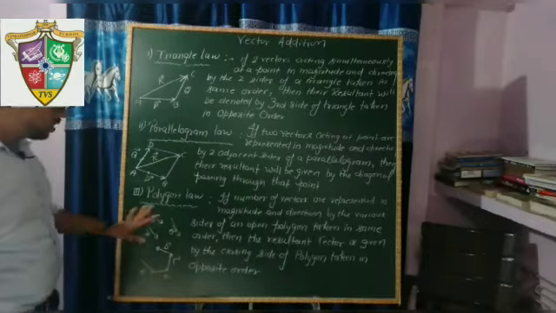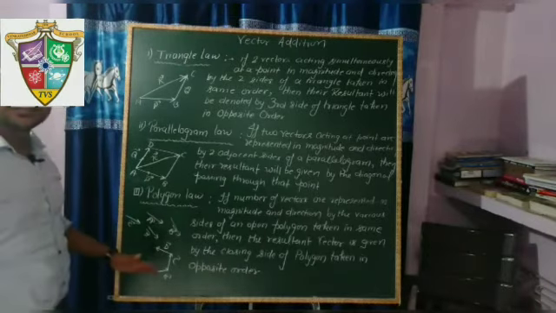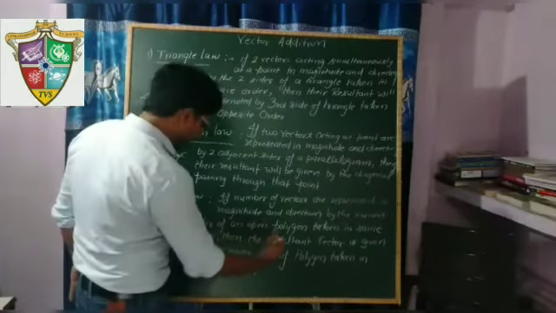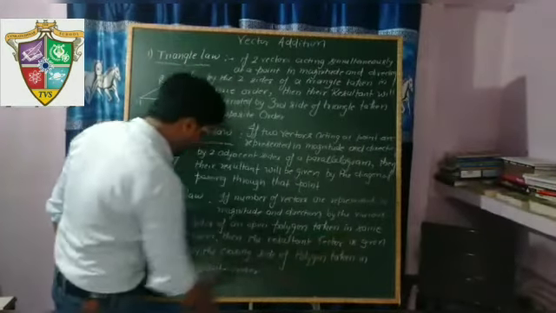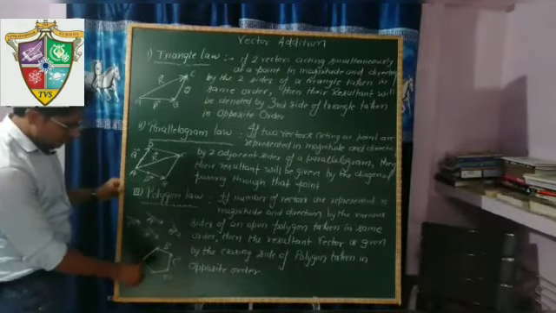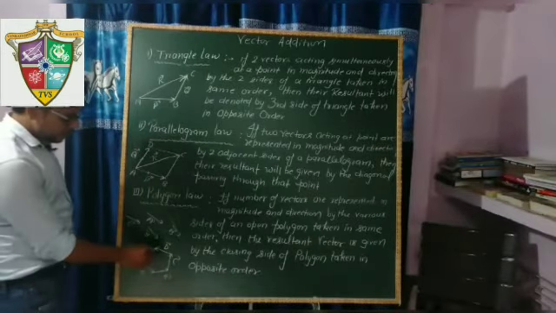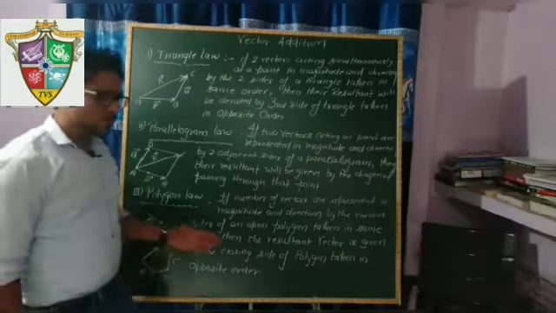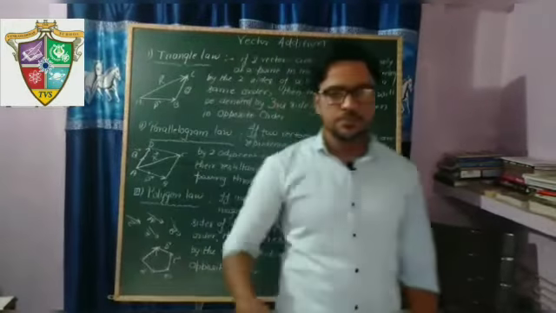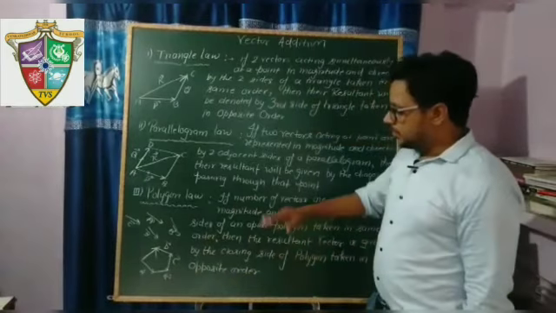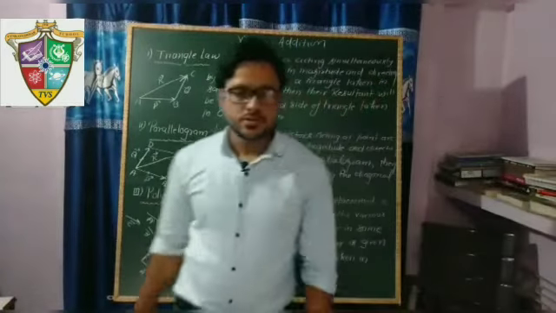We denote all these four vectors by the various sides of the open polygon, then their resultant will be given by the closing side of the polygon taken in opposite order. The resultant of all these vectors will be given by this vector, but it should be in opposite order. So this is the polygon law. We can add more than two vectors by this rule, and this is a further explanation of the triangle law also.